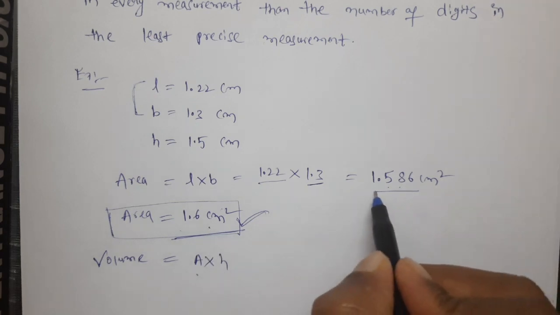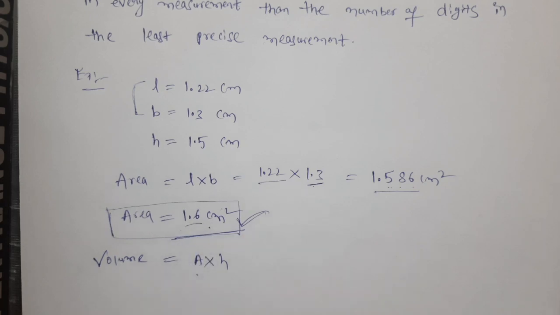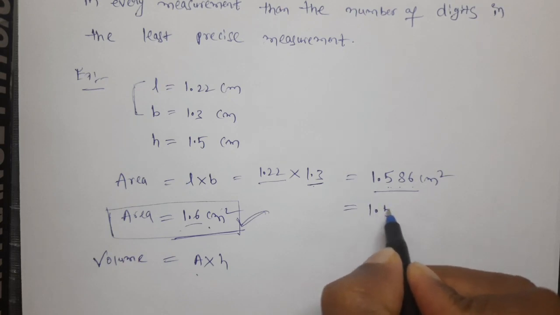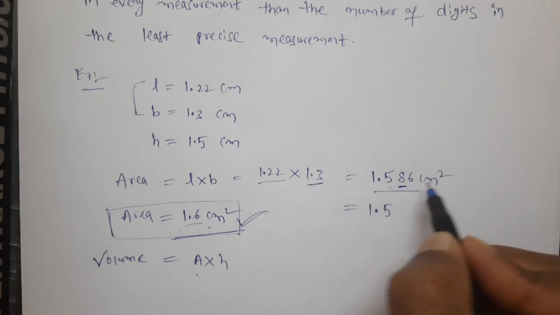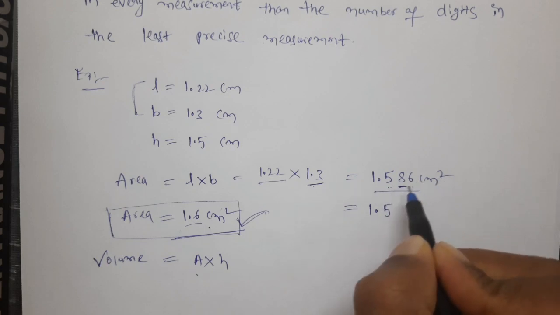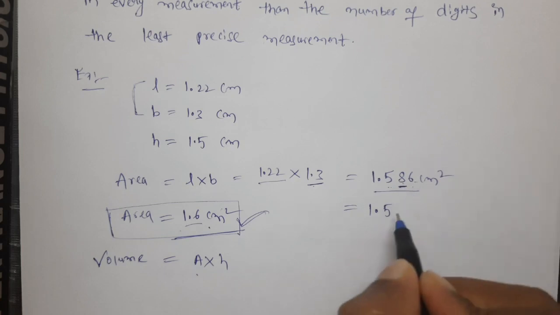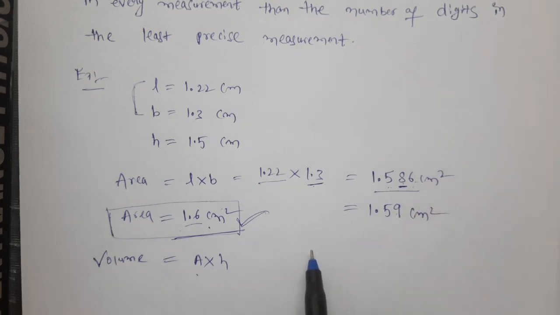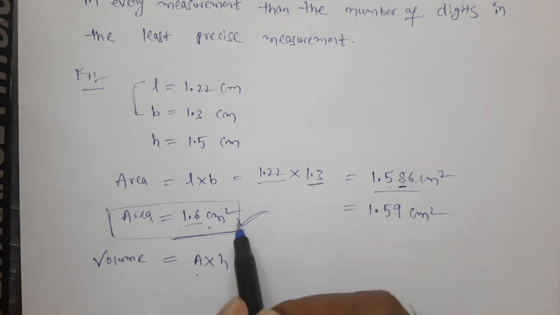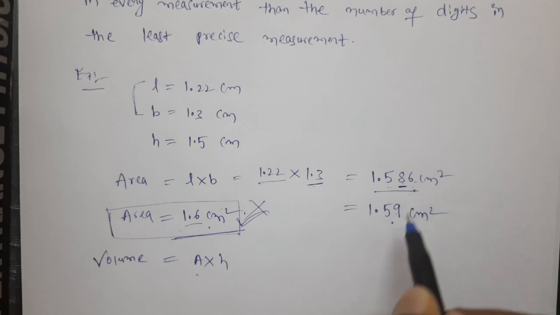Actually this value must be given with 2 significant figures, right? But at least one more, this value must be given with one more significant figure. Here we have to round off at least here. Of course, if you want to take 1.586, it's okay, but at least this value must be given with 3 significant figures. So we round off here: 1.59 centimeters square. If you want to use this area in further calculation, we are not supposed to take this one. We are supposed to take either this one or this one. This one is okay and this one is also okay, but this one is not okay. That's what this statement means.